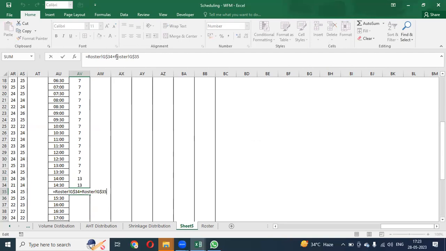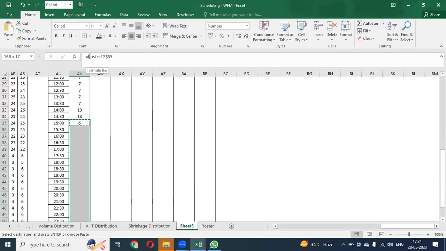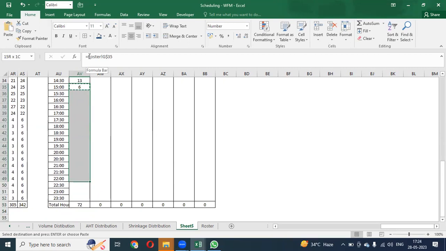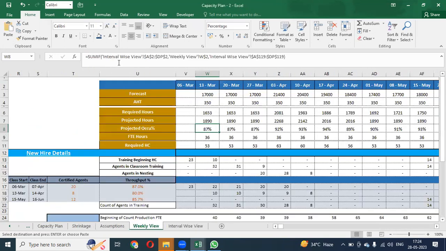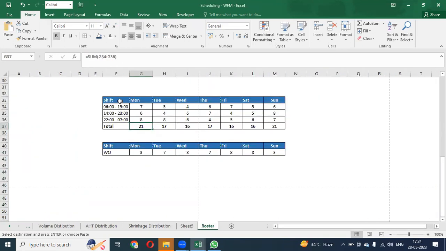Now my first shift will end, and this shift will go till here. My next shift also will start. Now here one thing: we have a 24 hours window, so my shift will overlap. So people who will be logged in on Sunday night, they will be working on Monday morning as well. Right. So taking the same number here,